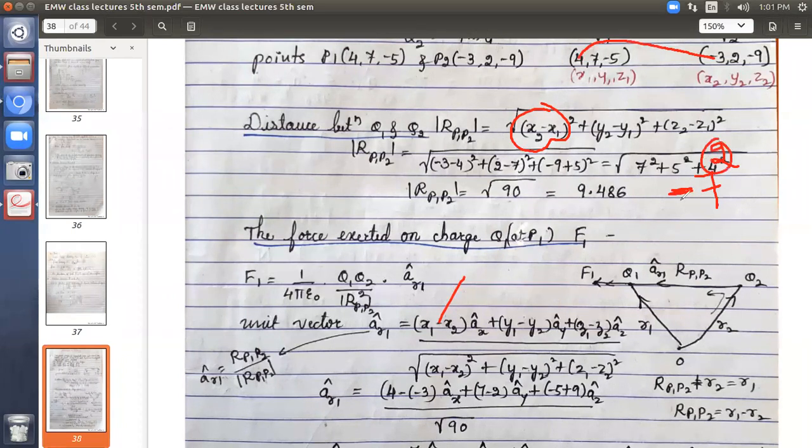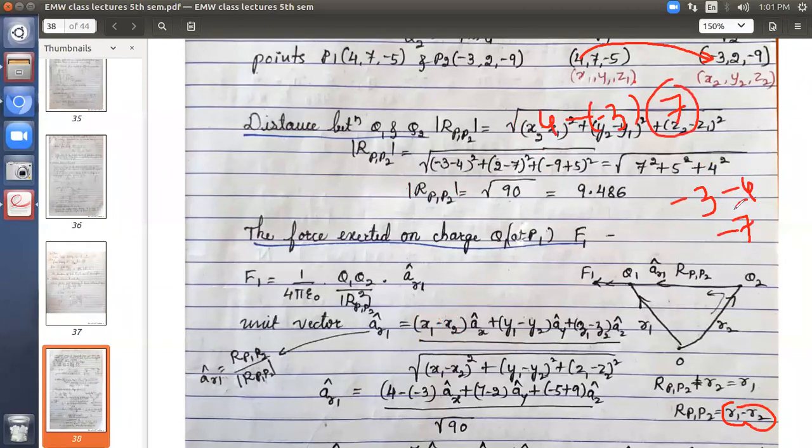As it is having square, these signs don't matter whether it is negative or positive while calculating the magnitude. But when you are using the vector, those negative signs are very important. So make sure that when you're subtracting r1 minus r2, you subtract 4 minus of minus 3. If you simply take x2 minus x1 instead of x1 minus x2, what a blunder will happen? You will get minus 3 minus 4, which is minus 7. If you subtract x1 minus x2, you will get 4 minus of minus 3, which is equal to plus 7.